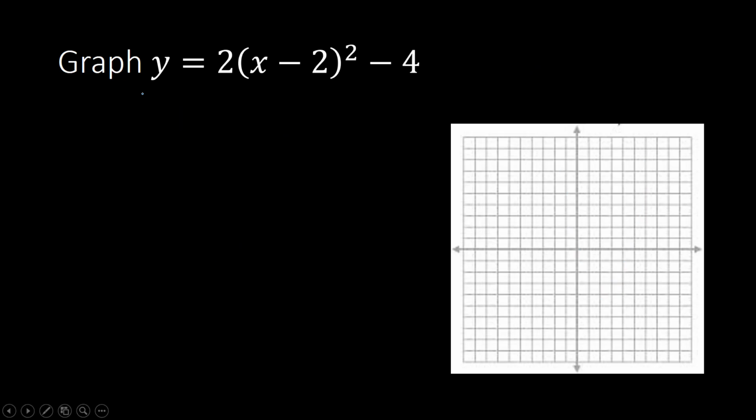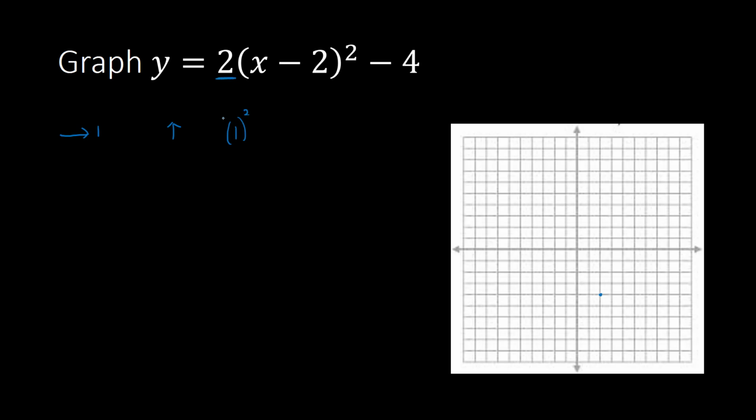Now what if you had a 2 in the front? So still the same vertex, where I go to the right 2, down 1, 2, 3, 4. But the question is, from here, if I go to the right 1 or to the left 1, how high up do I go in this case? Well, kind of the same concept. If I go to the right or left 1, I'm going to go up, and it's going to be 1 squared